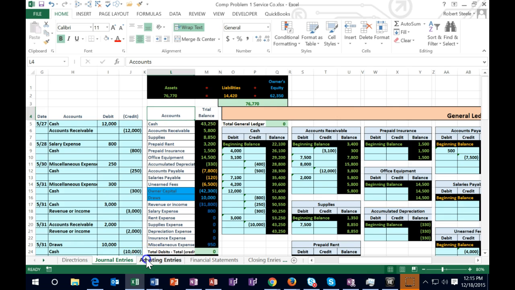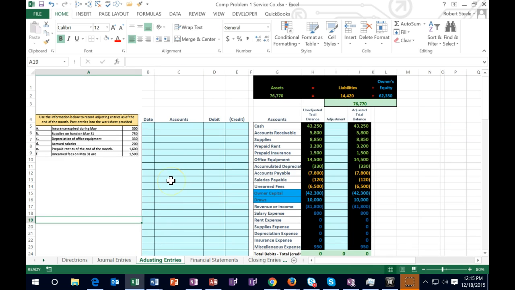It's the adjusting tab is where we are at this time, and we're going to start with the ending trial balance that we ended with in the journal entries tab. So these are the same numbers in the unadjusted trial balance that we have from the prior work, and you can see from the formula that we're just basically pulling these numbers into this tab from the prior tab. We're going to take those numbers and we're going to adjust them in the adjusting column and come up to